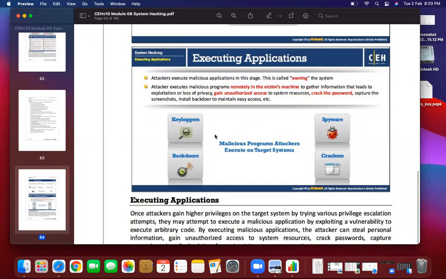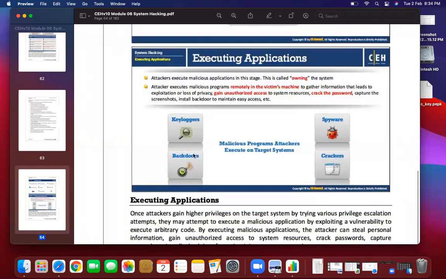And regularly, suppose after half an hour, 1 hour, 2 hours, all the logs which are created will be sent to the attacker. So if you have typed facebook.com, it will be stored in the file. If you have typed an email, it will be stored. If you have typed a password, it will be stored. If you hit enter, it will be sent to the attacker. This is the use of a keylogger. So if a keylogger is there in your system, your system is very unprotected, in a very dangerous condition.